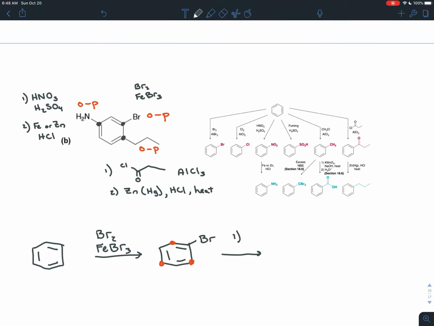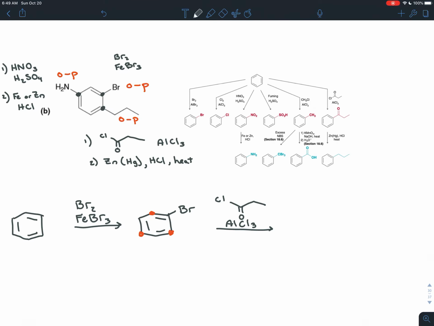And the first step is just adding the acyl group along with the metal catalyst. So that would put